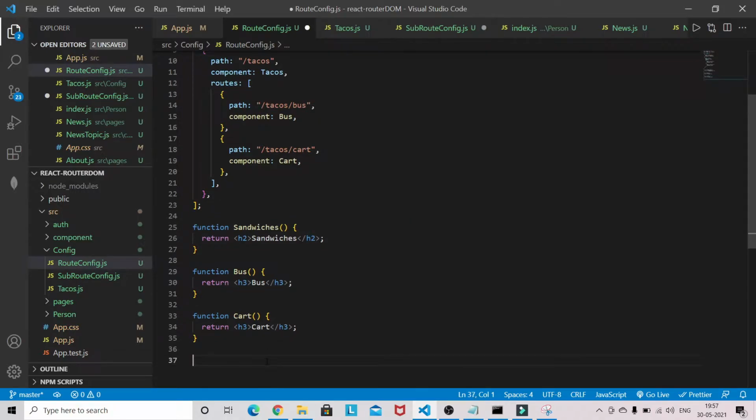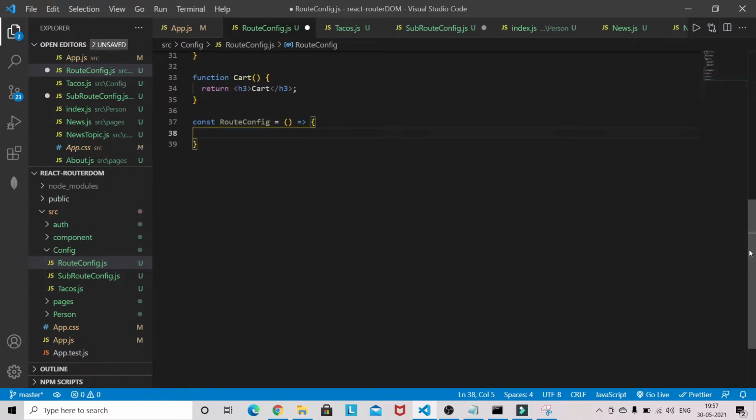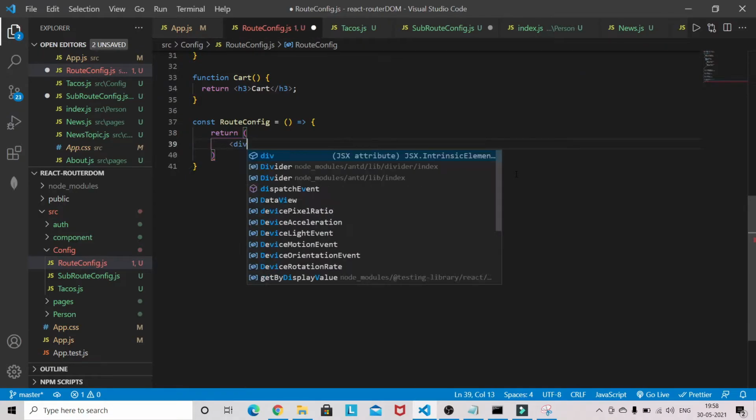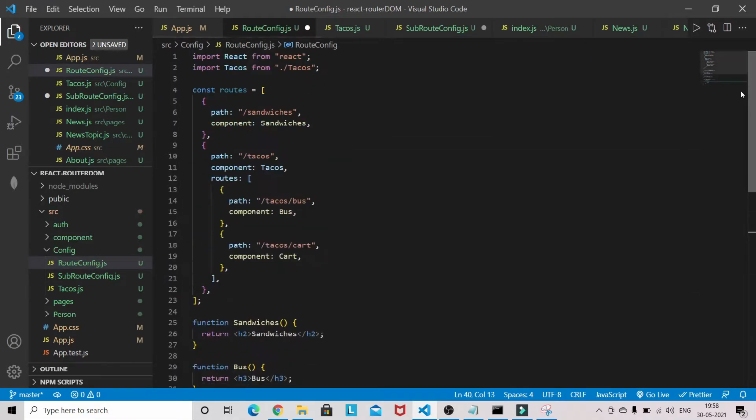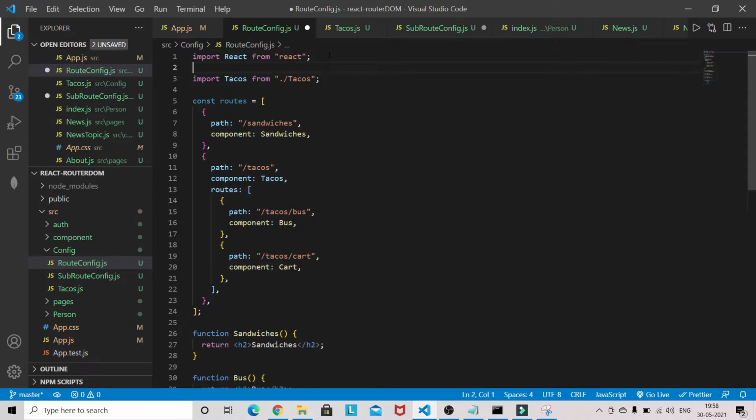const route config. I will return a div, and before that we need two things from React Router DOM.